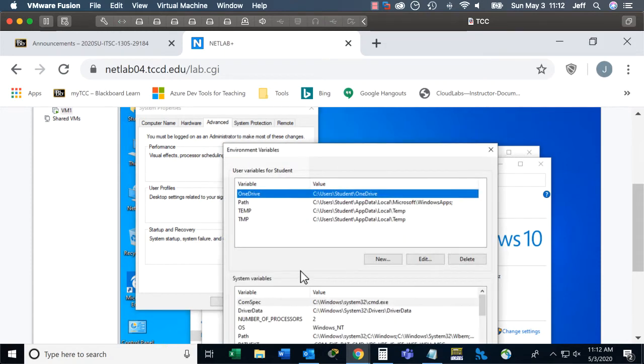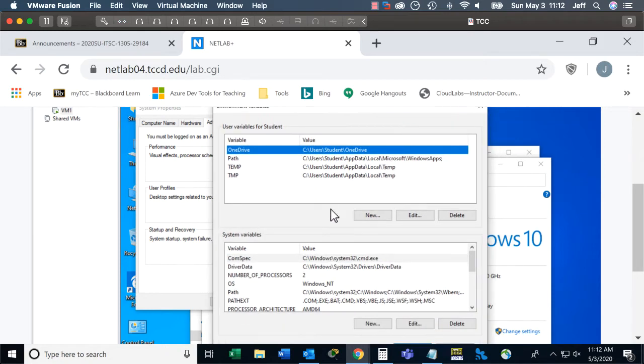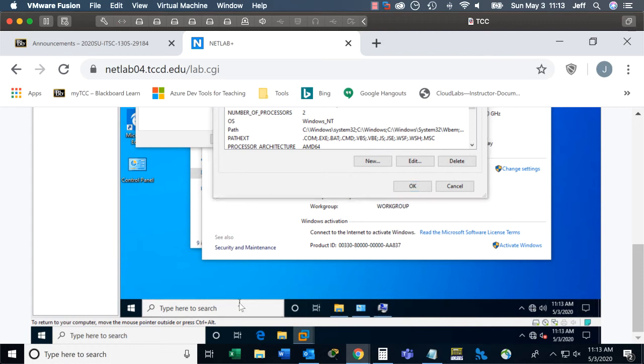We have these environment variables. These are important when we get into our scripting and things like that, automation, because variables are just a name that store a value. So like this OneDrive stores the value of the location C:\Users\student\OneDrive. And so if I go here